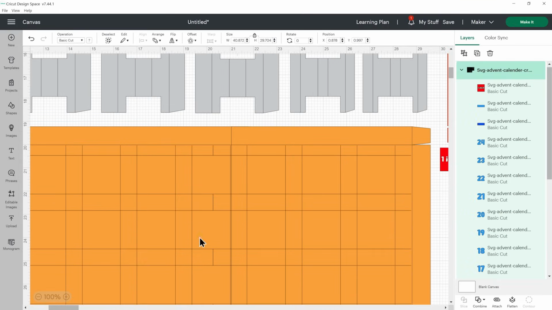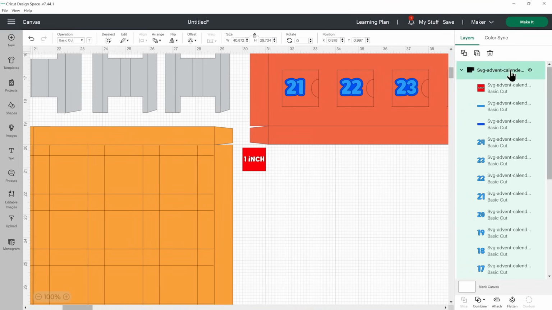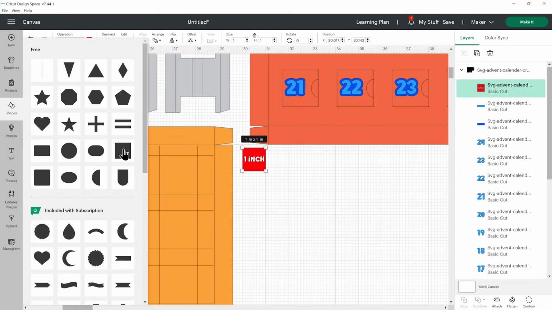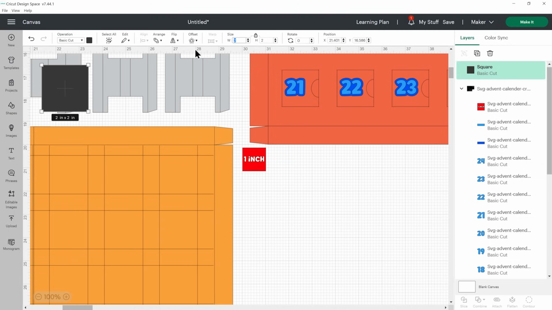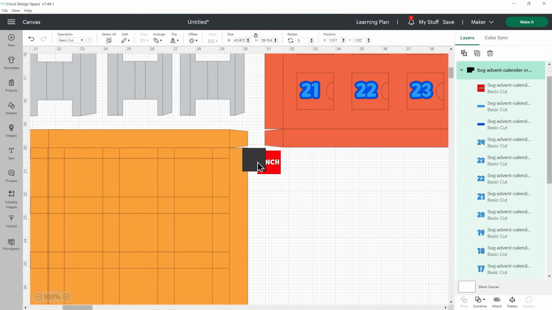Or, if you prefer to do it manually, if this wasn't showing as 1 by 1 inch, what you can do is go into Shapes and choose a square, manually set it to 1 by 1 inch, and then place it on top of whatever your one was, and then click and drag the advent calendar underneath until that square matches what you know is 1 by 1.